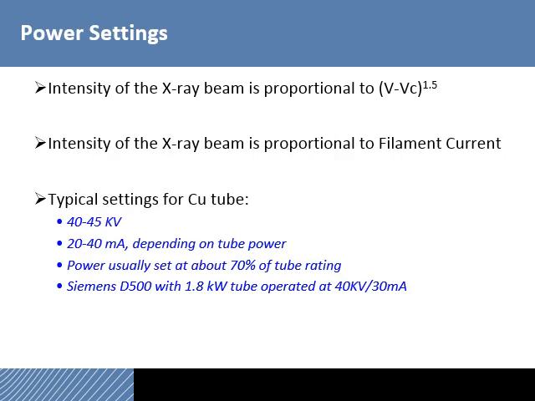Now, the power settings of the X-ray tube. This is one way you can improve the intensity of your diffraction pattern from your sample. The intensity of the X-ray beam is proportional to the voltage to the 1.5 power, so you get more than a 1-to-1 bump by turning up the voltage. The intensity of the X-ray beam is directly proportional to the filament current. This obviously begs the question, why not just run the accelerating voltage as high as you can? The answer is that you will ultimately burn out the tube faster if it can't dissipate the